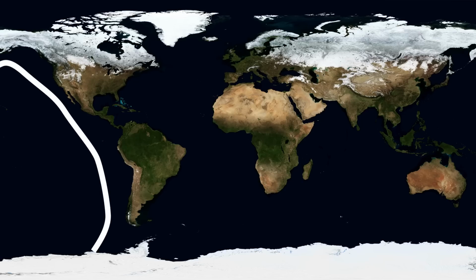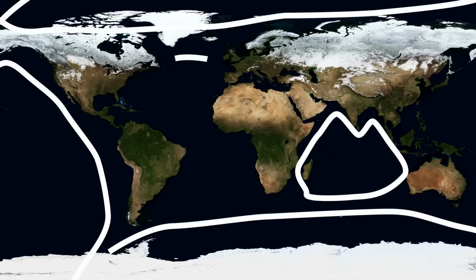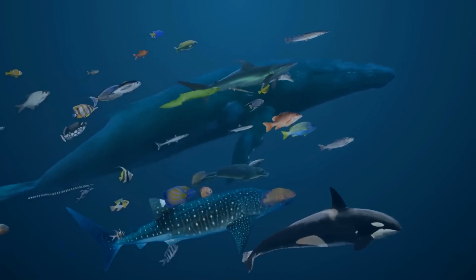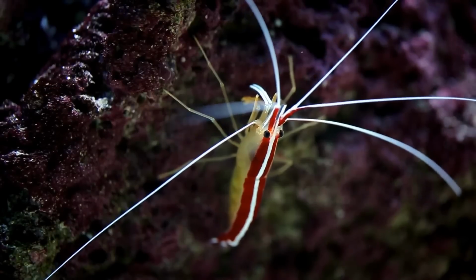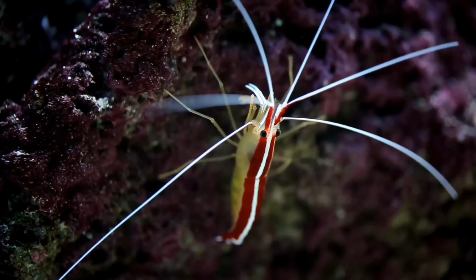We don't only divide oceans on maps, each has different conditions for unique marine species. For example, the Southern Ocean has leopard seals, orcas, minke whales, emperor penguins, and other animals that live in cold icy seas. It's also home to krill, small creatures that look like shrimp and are food for many bigger animals